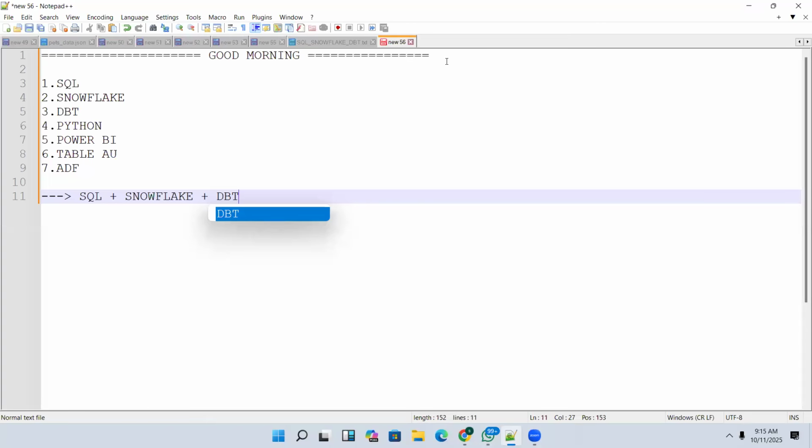Before that, I want to know, is there anyone who knows SQL already, or is everyone new to SQL? Or if you don't know, is it okay? Anyway, we are going to start from scratch and go up to an advanced level.